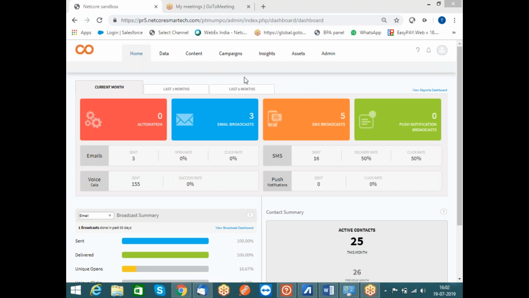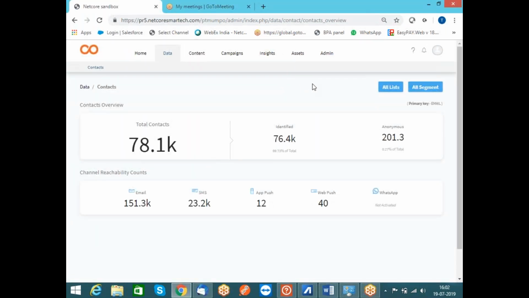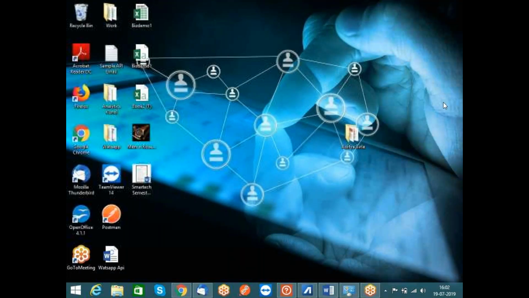So in this, a very important thing to note is first of all, what's the primary key of your panel. When creating the data file, you need to ensure whatever is the primary key of your panel. For example, in my case, I have email as my primary key. So while creating the database file, it would look something like,